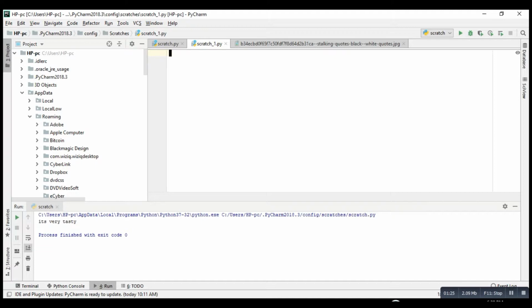Creating a module will help you. There are a number of modules already defined in Python, and with the help of a module, you can define any number of functions in a file, and you can use that function in any part of the program or your code. So what we're going to do,